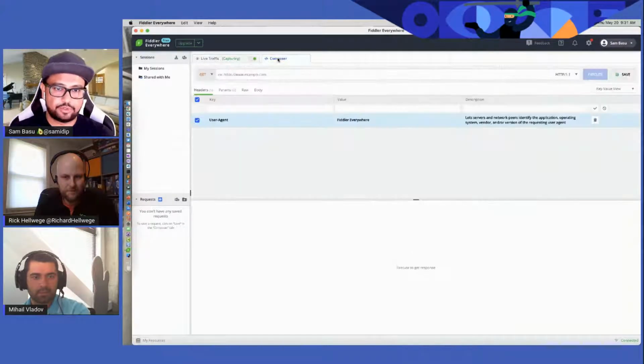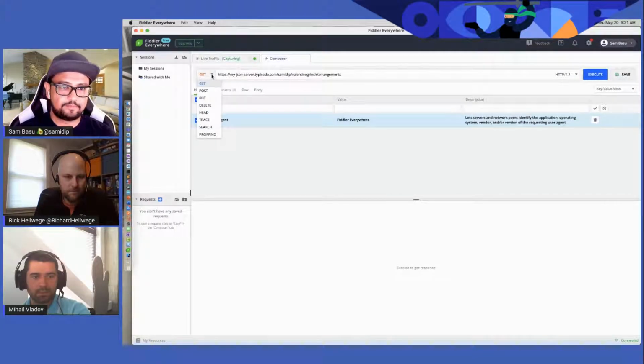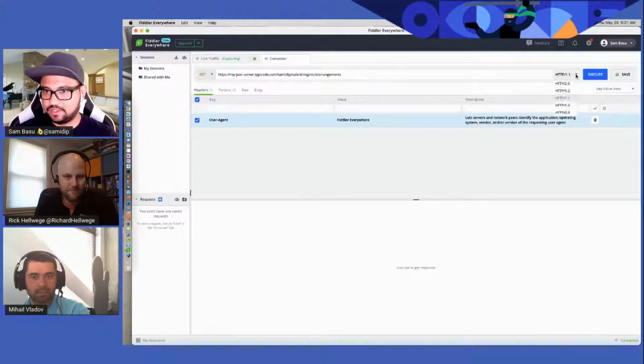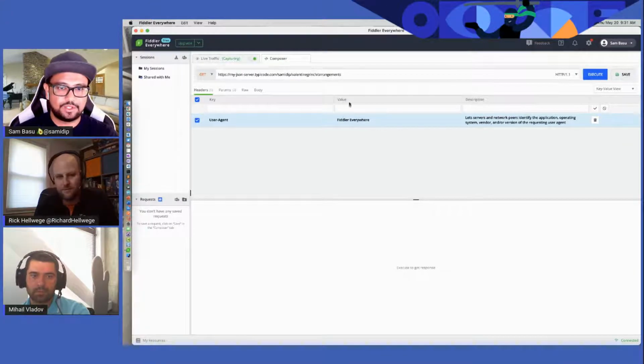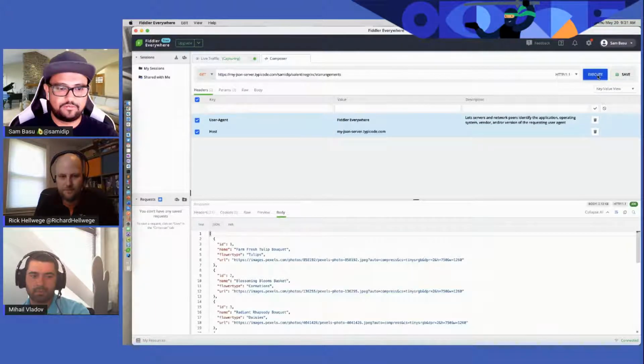So if I go into Composer, and I have never actually tried this, but it should work. This one here is just an API testing tool. It lets you do GET, POST, PUT, DELETE, TRACE. I don't know what TRACE is. PROPFIND, I don't know what that is either. But most of your HTTP verbs are covered, and looks like we can do, oh, we can do HTTP/2 now. Eve Torzillo was joining us yesterday, and she had said this may be coming, but looks like maybe it's already here. Okay, so if I do an execute, I think it will fire up, and there you go.